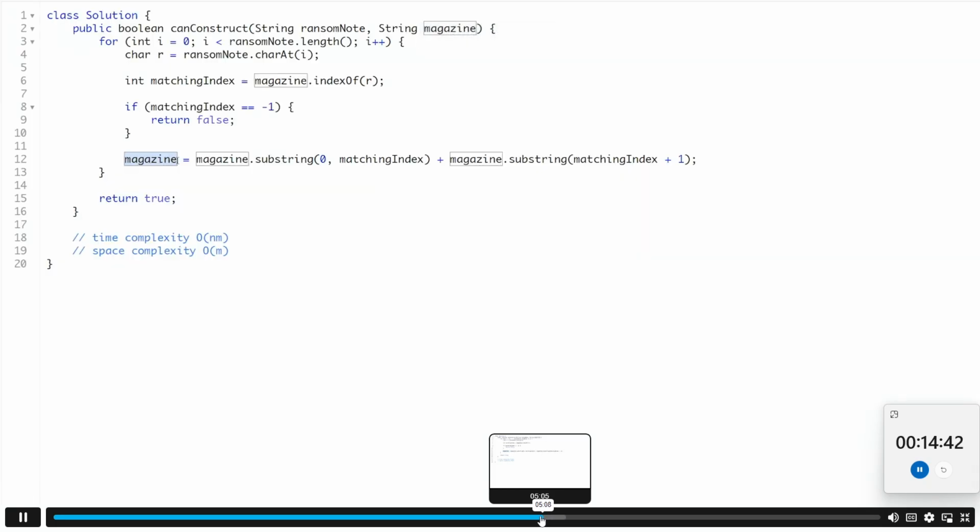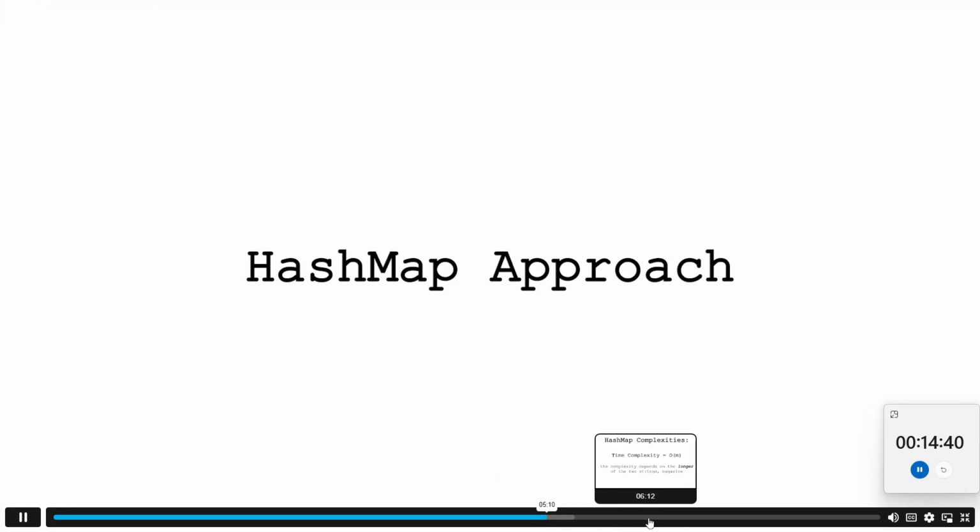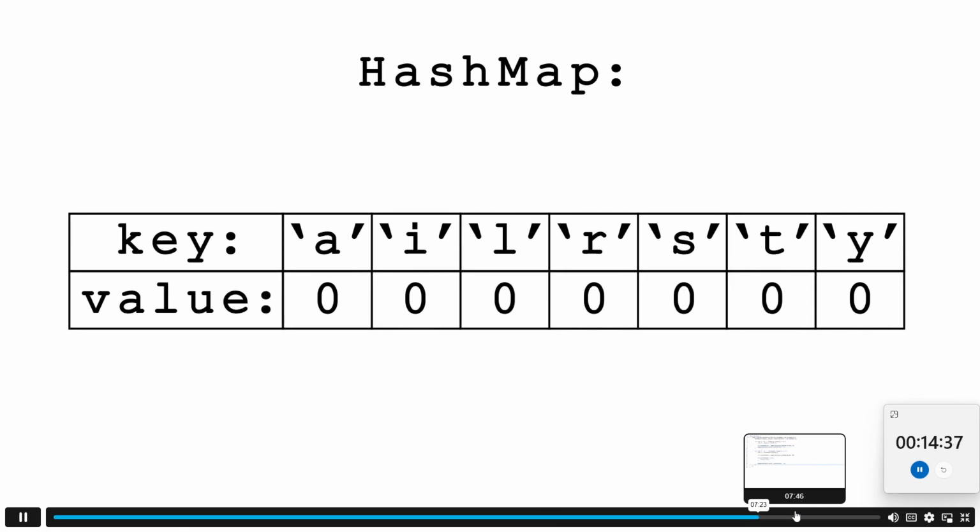Whenever we remove a character. A hash map is a data structure with constant